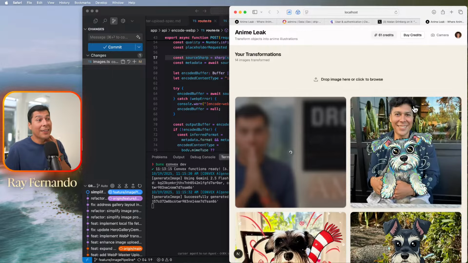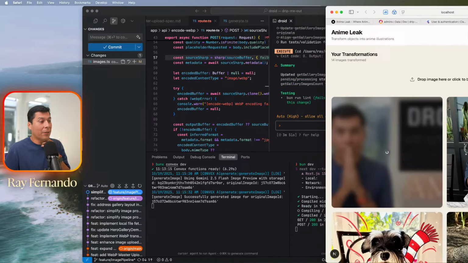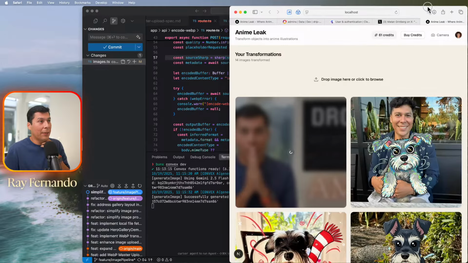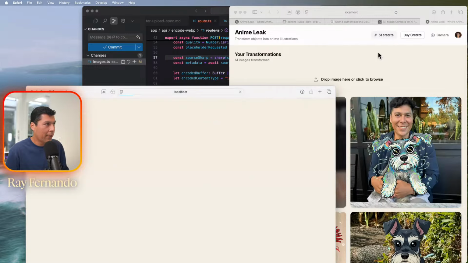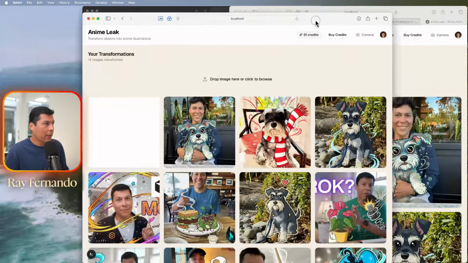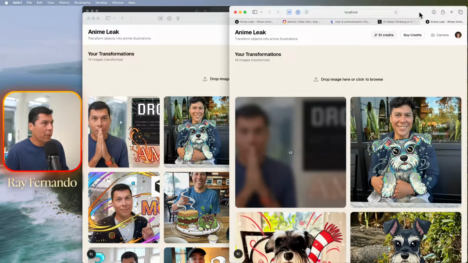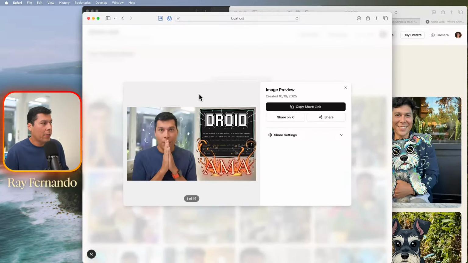Moment of truth. Oh, I think we're stuck, fam. Yeah, I see the POST request. If I go to localhost 3000 and open up another instance, I see the updated image here, but we're stuck processing over here. So this doesn't update live. While the image is done,